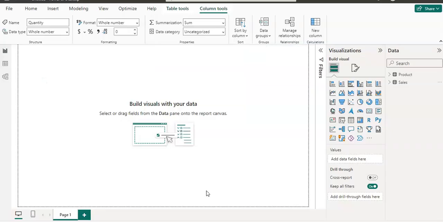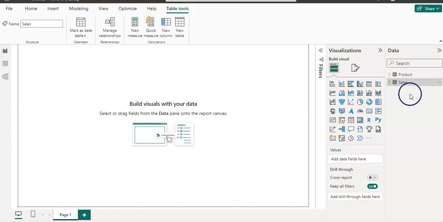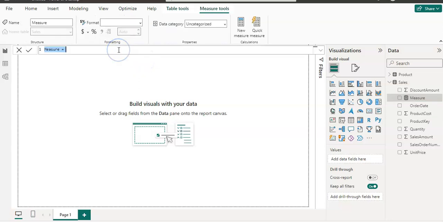I'm going to open Power BI desktop, and as you can see here, I have a product and sales tables. I'm going to create first a net sales measure. I wanted to get a net sales by sales amount and subtracting discount from that. I have selected a table, and then I have an option here for new measure. I'm going to click on that, and in formula bar my measure name is net sales,